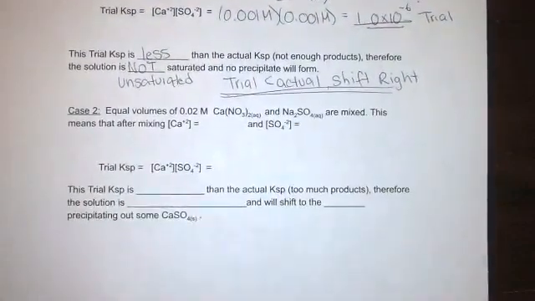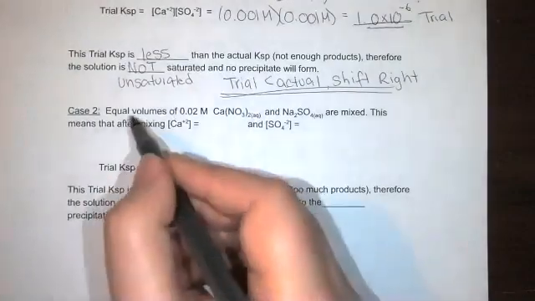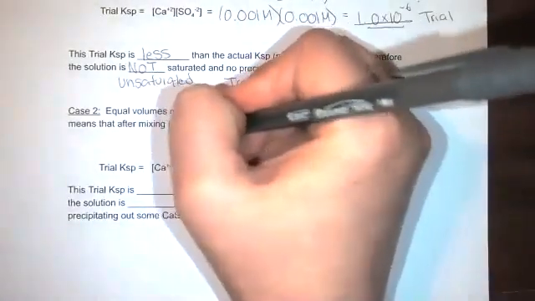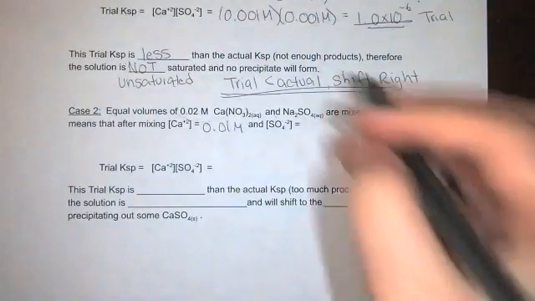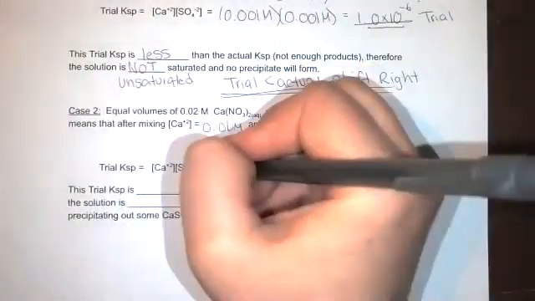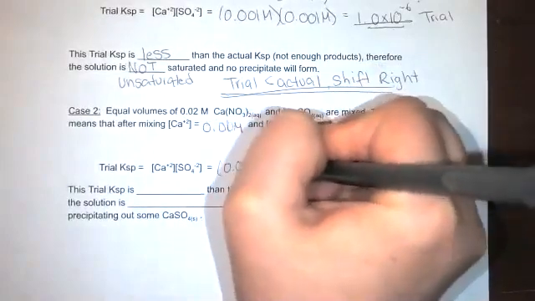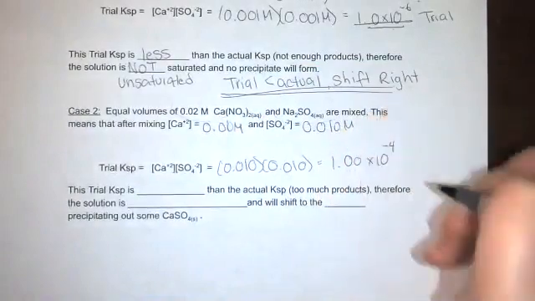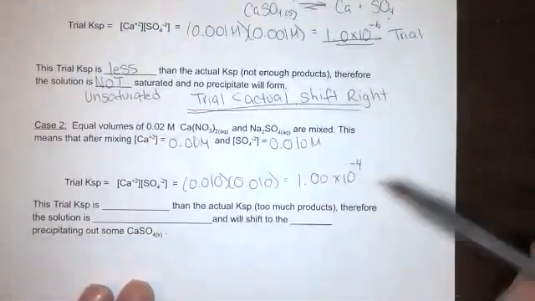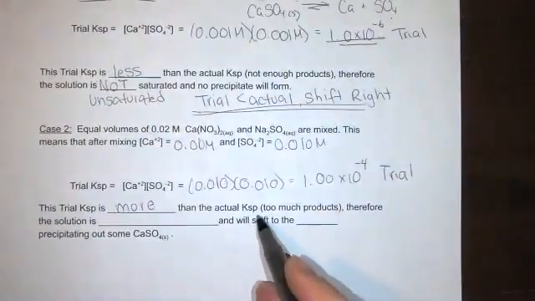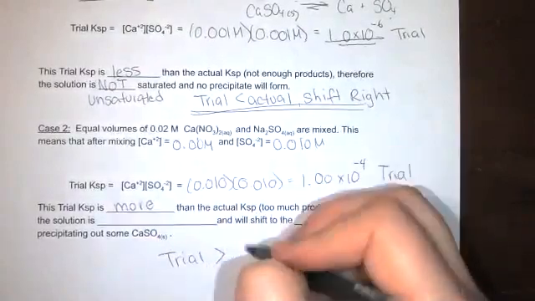Let's look at case 2. This time I had a higher concentration, equal volumes again, so I'm simply going to be taking these and dividing them by 2. So this time I'll have 0.01 molar concentration of my calcium ions and 0.01 concentration of my sulfate ions. So my trial KSP is now these multiplied together. So I get 1.0 times 10 to the negative 4. If I compare that to my 7.1 times 10 to the negative 5, my trial here is more than my actual KSP. So my trial is greater than the actual,